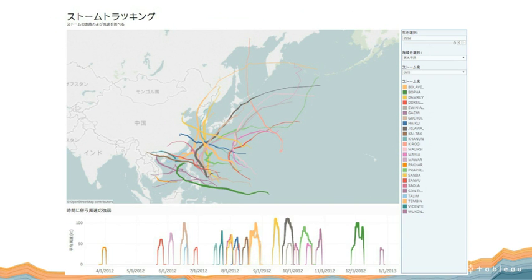Another thing that I saw as I joined Tableau and started to work in the office day in and day out was visualizations about the world we live in. So I get exposed to these visualizations people publish, this one, for example, showing every hurricane in the Western Pacific in the year 2012 and the path that it took as it traveled across the ocean and then the land. You can see how many hurricanes there were, when they happened, over the course of the year.